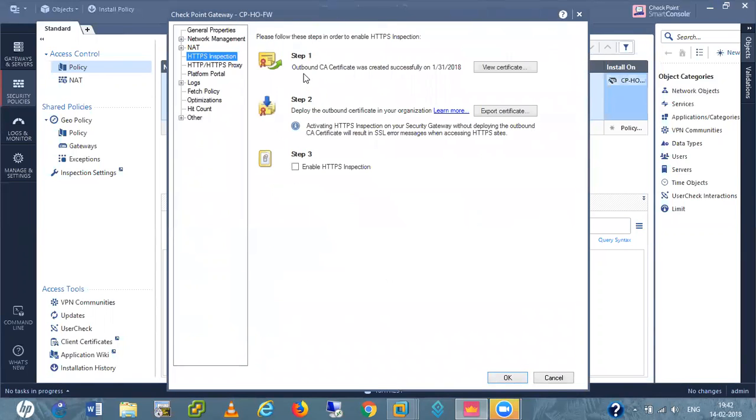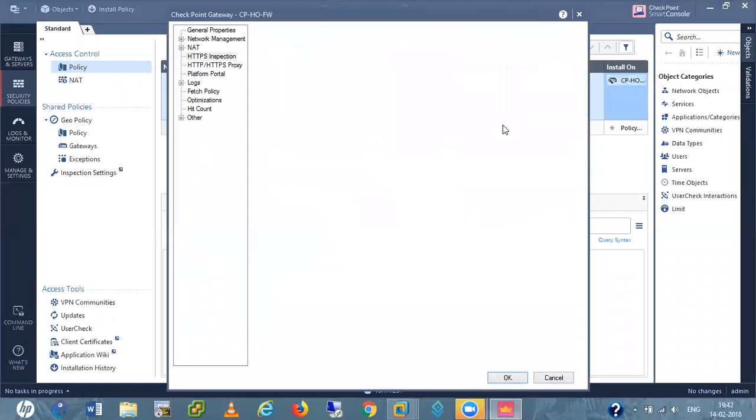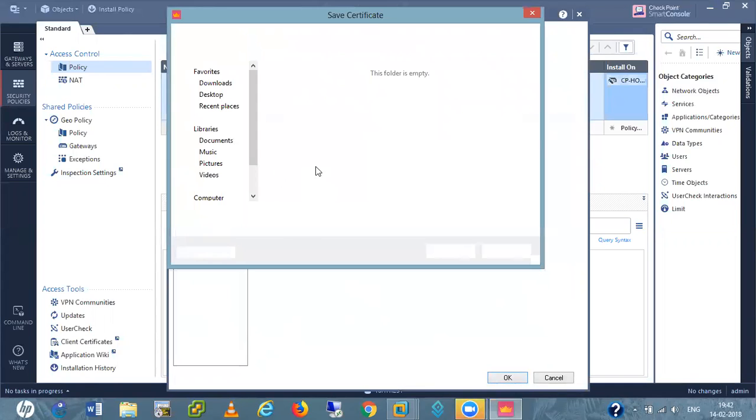The outbound certificate was created successfully on this date. Deploy the outbound certificate. We can also export this certificate to our computer, so we do not get the certificate warning error. So I'm just saving this certificate into my system.